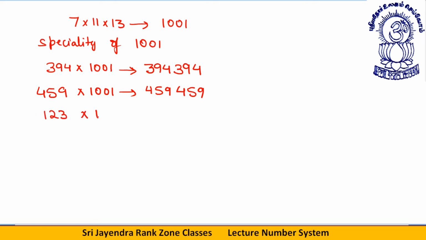I take 123 into 100,001. Now here I have three zeros. See students, what will my answer be? The basic funda is, let's say I take a number, first of all 4123. Here you have three zeros, so here you can have one more digit. Your product will be 4123 4123.